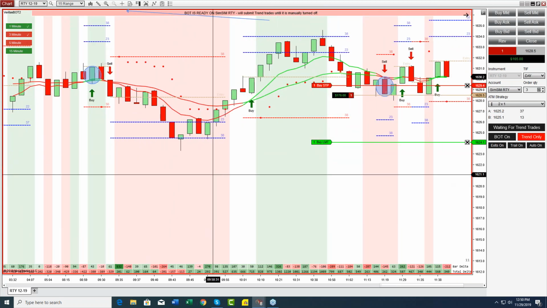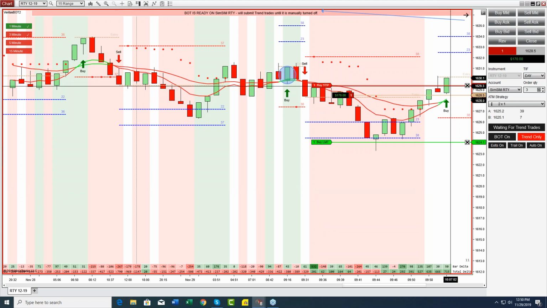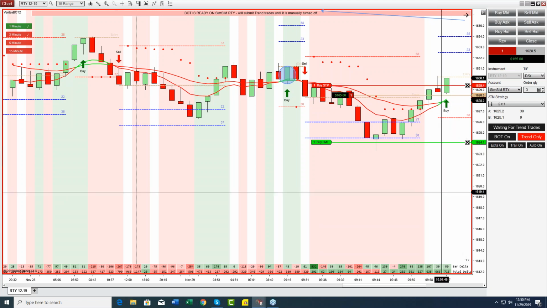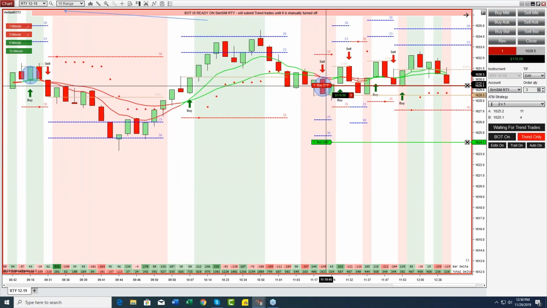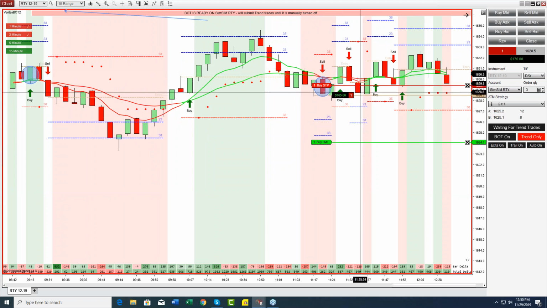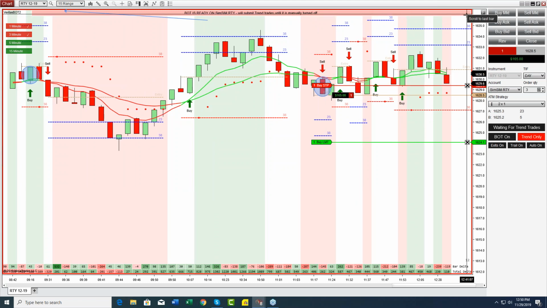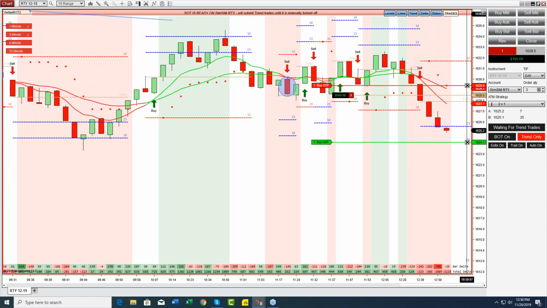Unfortunately, it also misses this really nice long here, but it does get this short against the red background. And again, because of the white background, it does not take you out of the trade. Now, the bot is configured so that if the trend direction changes, if you're in a short and